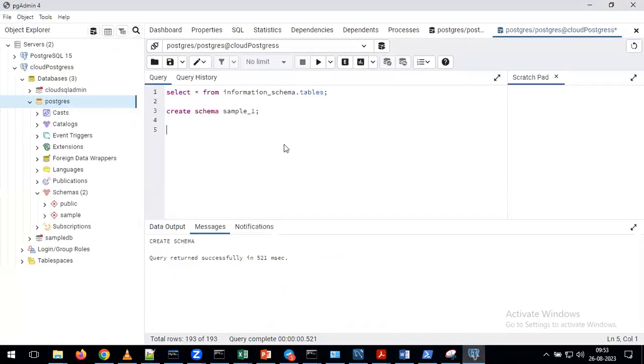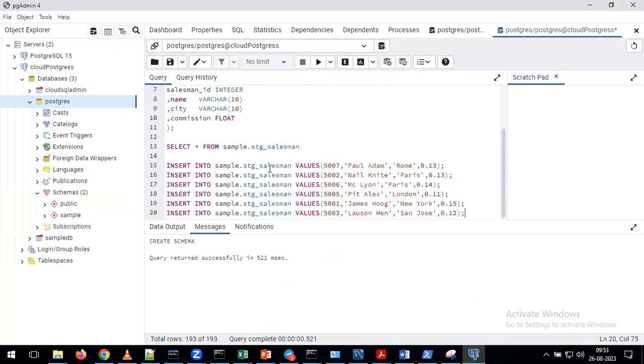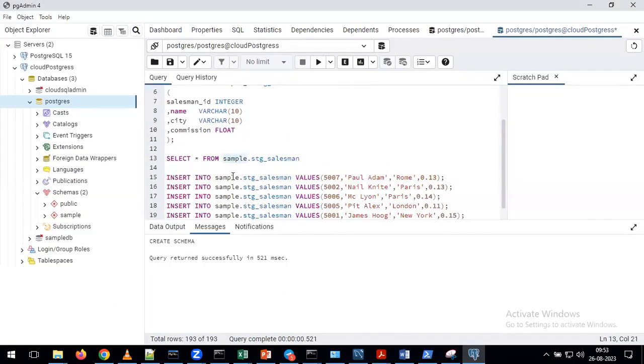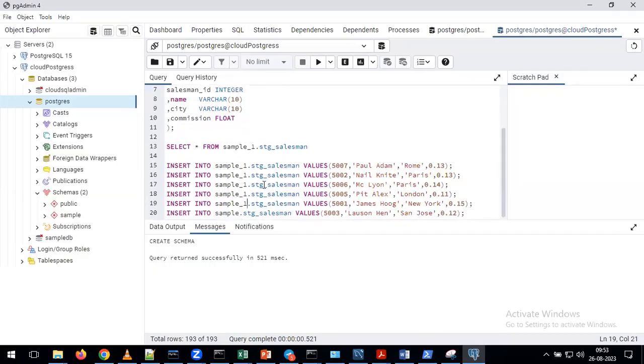Sir, we should go to the schema first, right? No need to go anywhere. In the same window, please run the queries. Please follow my instructions. Whatever query window we opened, from that window only try to create the schema. I gave the table structure and the data to insert into the table.